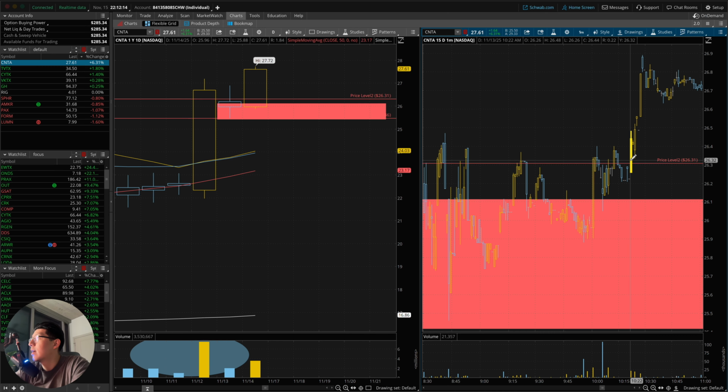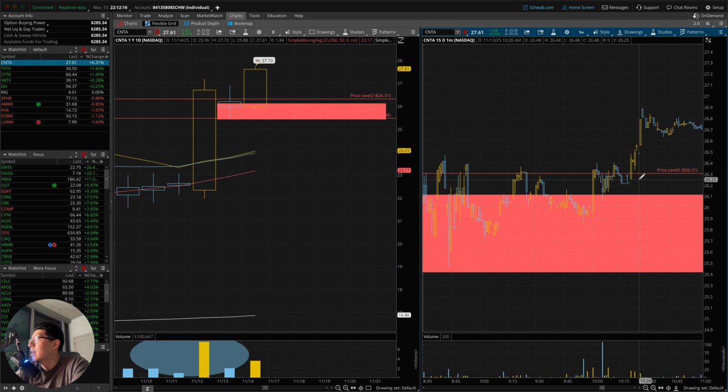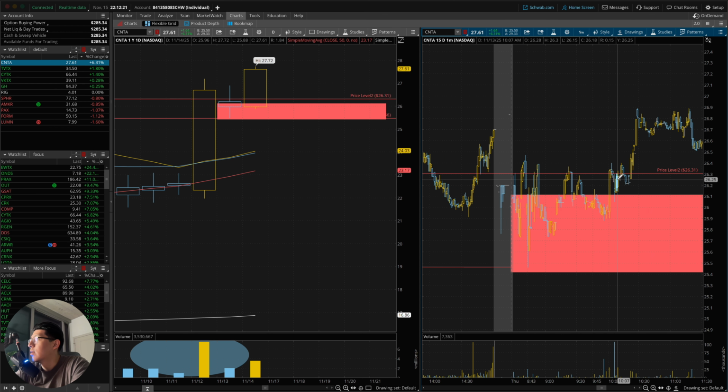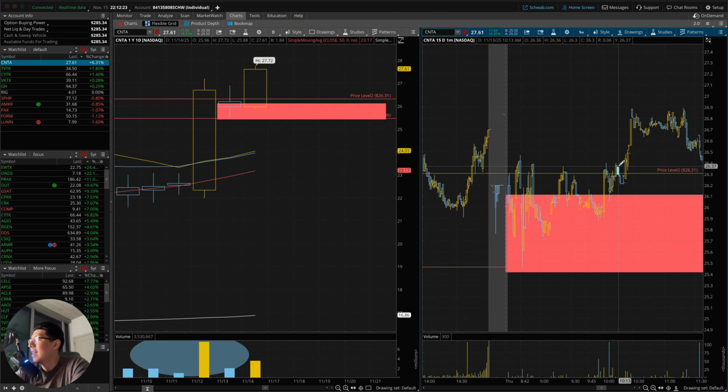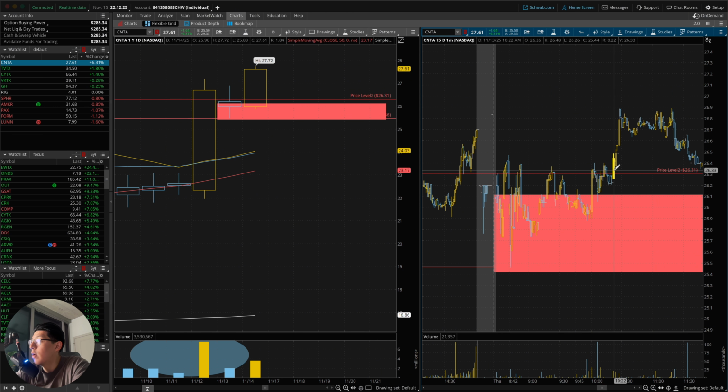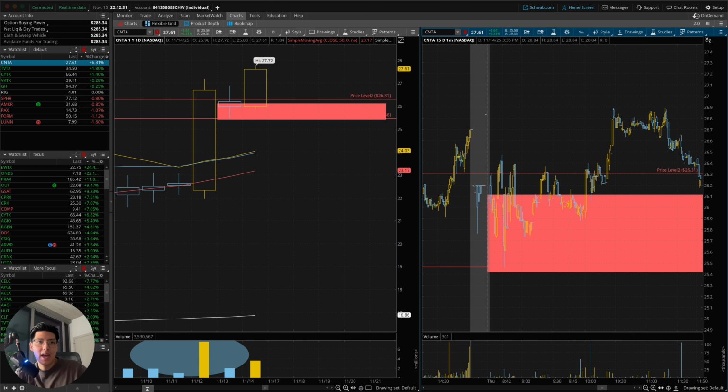So we broke it, and I don't know if you can see it. Let me just make it a bit bigger. Now we actually broke that line. We broke the 1 minute candle opening range, as you can see on this candle. So now what you're gonna do is grab your calculator. I'm telling you, this is exactly what I do. Let me go and get the calculator.